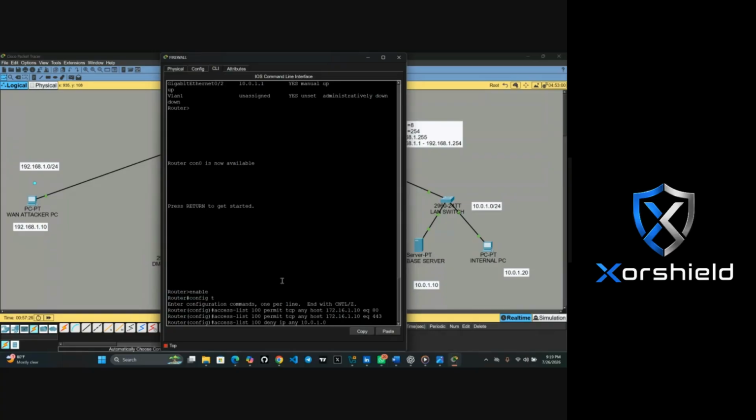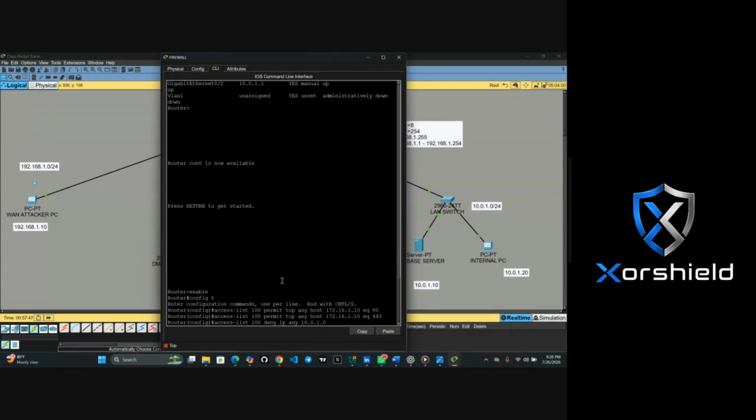You see, the reason why I'm using 10.0.1.0 is because that is the network address for the local area network.